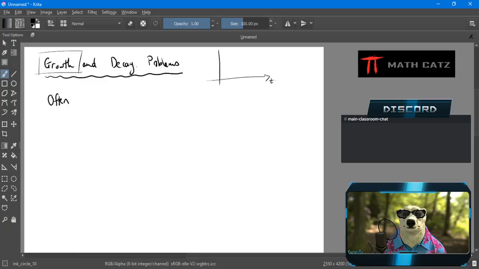Over time, the population grows, the quantity of whatever you're measuring grows, and you'll have the number of individuals, number of bacteria, number of people, whatever it may be. And if you track that over time, what people have found is the growth rate,